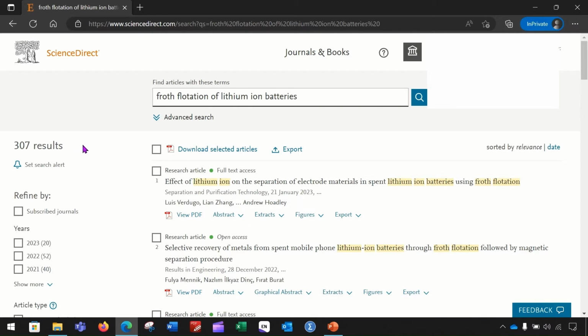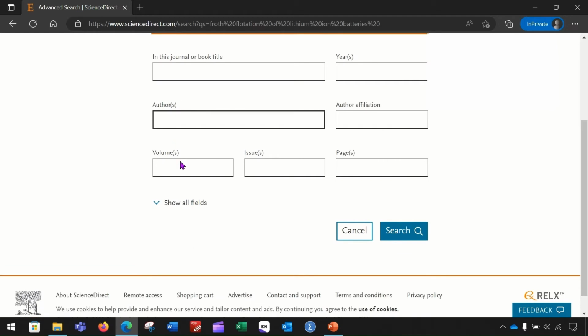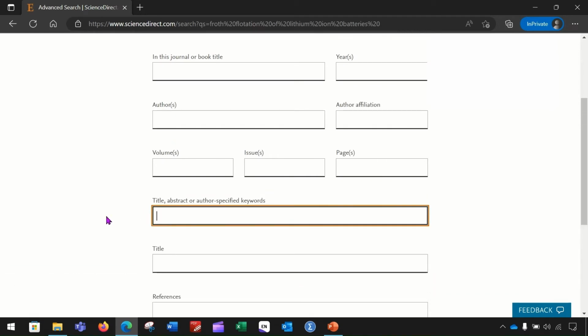But if I need to filter it in a really particular way, then I can go into the advanced search tab, and here you can go with the show all fields, and in the show all fields you find this very column which says title, abstract, or author specified keyword. Most of the researchers specify their search on these different terminologies, which are the title, abstract, or the author specified keywords, because these three categories define the direction and the domain of the research articles. So I will write the name of my search, froth flotation of